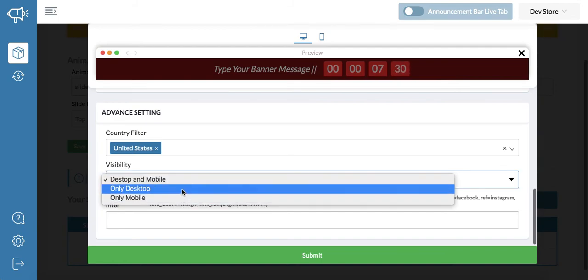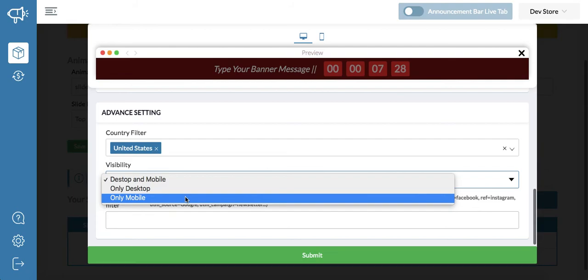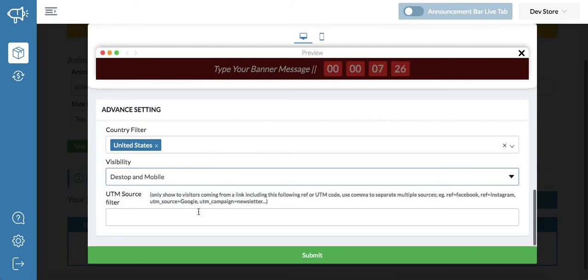You can also choose visible only to desktop or only to mobile. UTM source is the same. If you are running any campaign on Google or Facebook, and you want to show that slide only if the visitor is coming from Google or Facebook, or whatever you are campaigning, just add a query parameter and it will automatically show this slider only to those users, not the normal users.